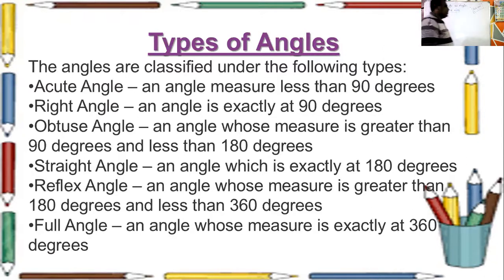What is your doubt? You write this, I will explain later. You complete this, I will explain later what is the meaning of this. You first write all this: acute angle, right angle, obtuse angle, straight angle, reflex angle, full angle. Sir, we should write types of angles? You write this in your class work. No need to ask again and again. Write all these in your class work.